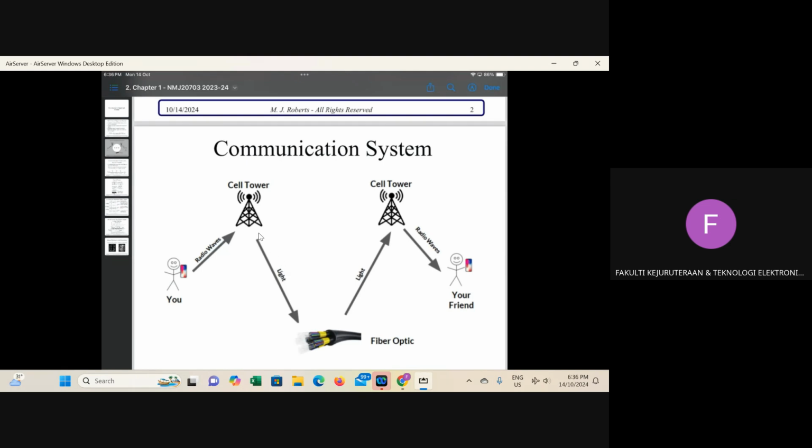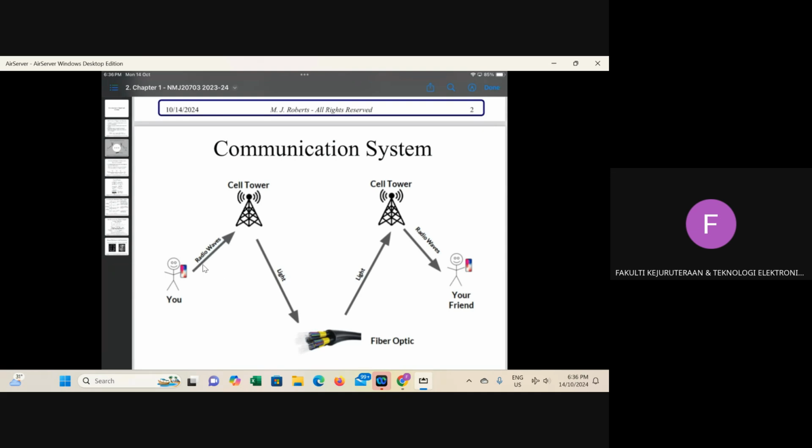Then it goes into the fiber optic and is sent to the other cell tower, which is close to your friend's handphone. At that cell tower, the reverse process happens, where the light is converted back to radio wave, and then your friend's handphone will capture that signal and convert it back to the analog signal, and your friend can hear your voice.